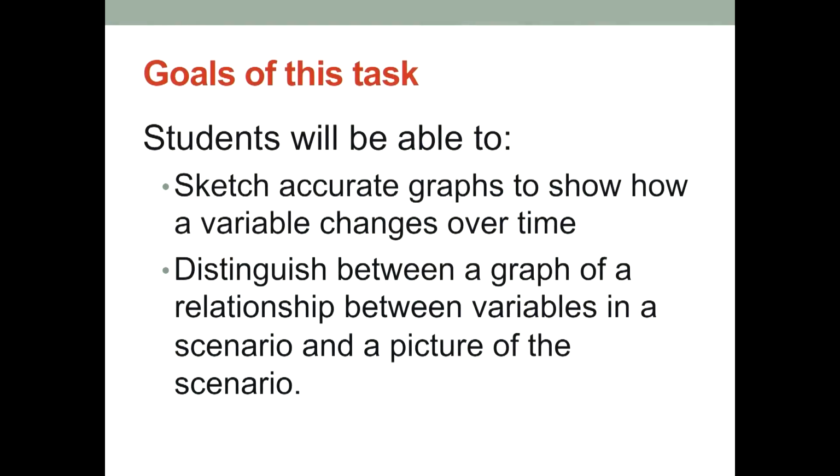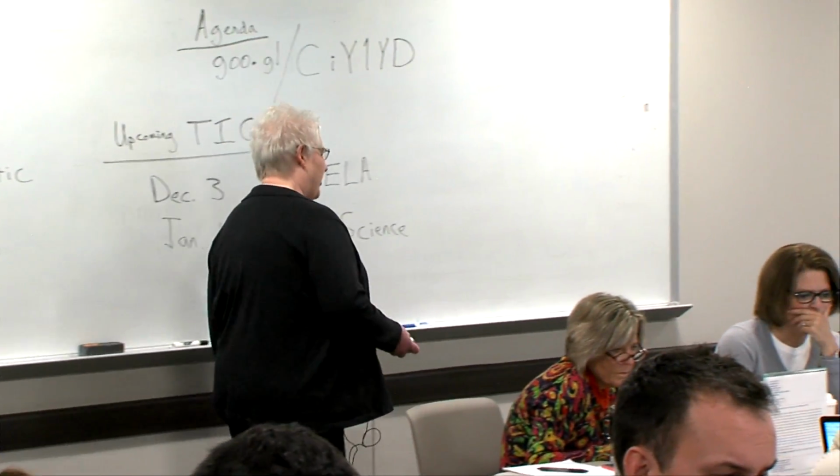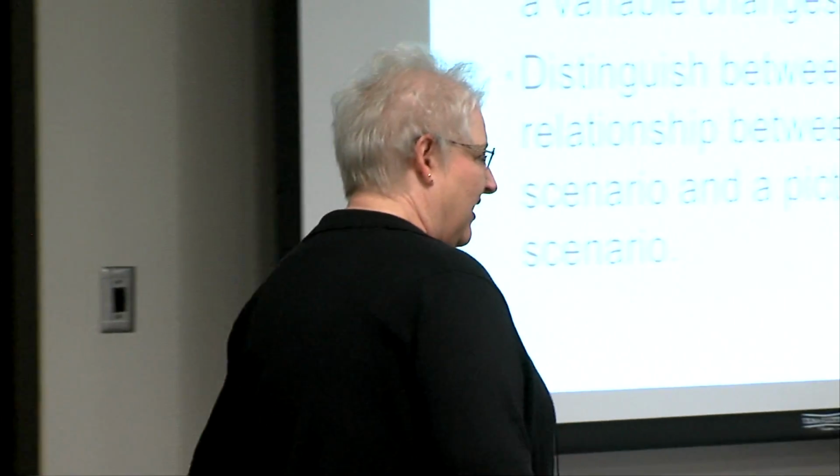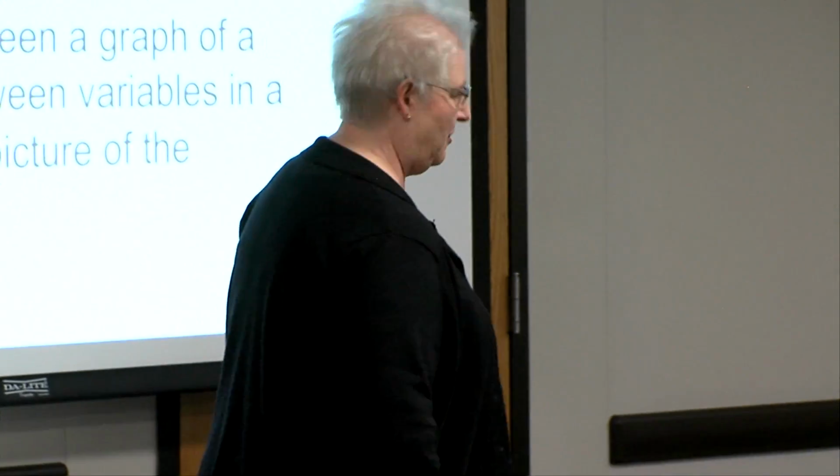If you're asked to analyze someone else's misconceptions, I think that deepens your understanding. All right, if I can talk to you now about what do you think some student misconceptions would be? What do you think some students' misconceptions might be as they engage in this task? I think one thing is when you watch the person go up and down, the students don't see it being a time versus distance graph. They're just going to assume the person's supposed to go up and down on the graph and not realize that they're supposed to look at how fast they're going up and how fast they're going to come down.